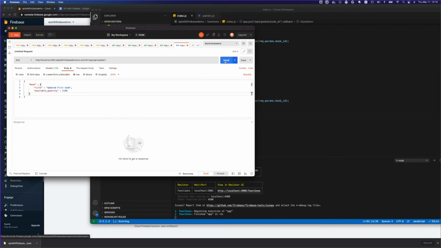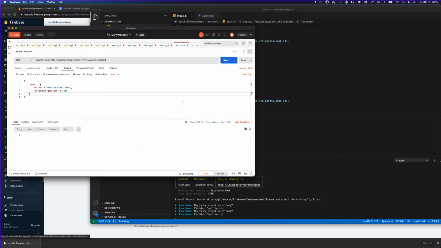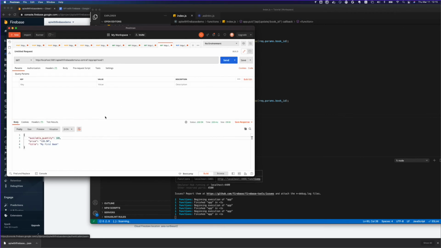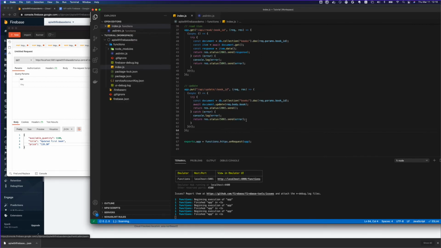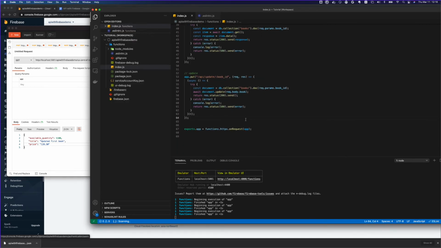So let's call this. It has executed. Now let's see what GET gives back. Here you can see it has updated the title and the available quantity, but it has left the price as it is. Nothing happened to the price, and the price keeps its value. So this is how you create an update in the API.